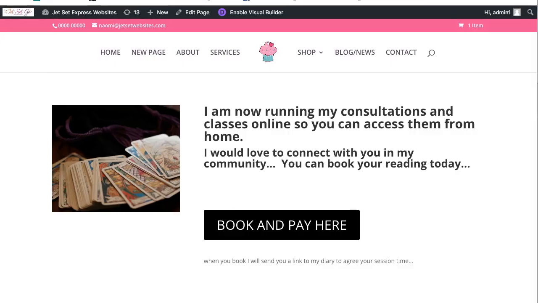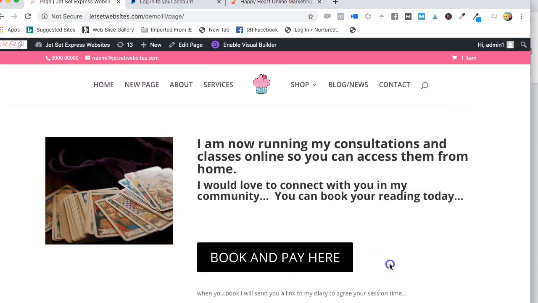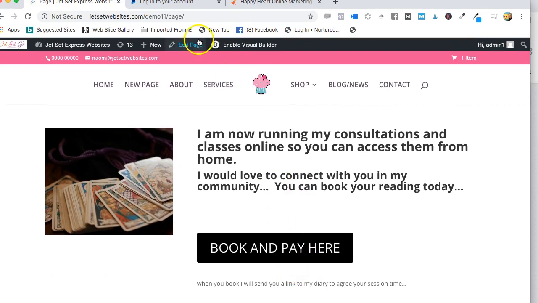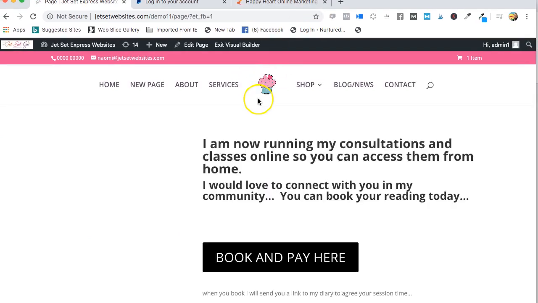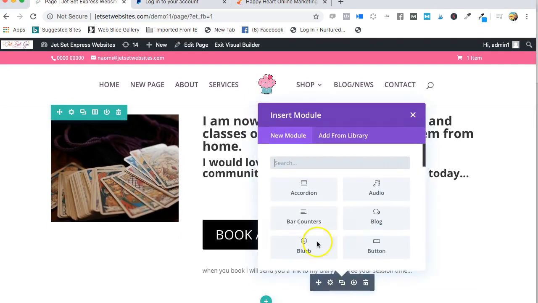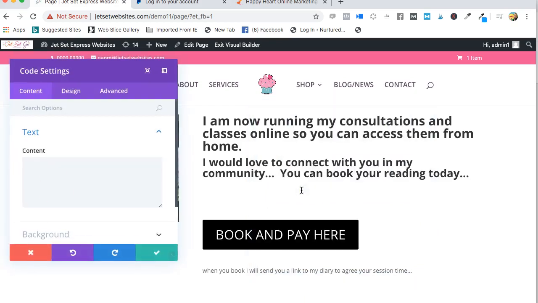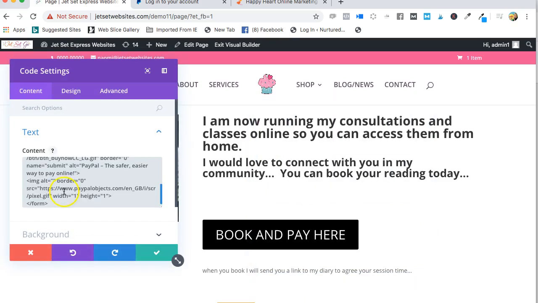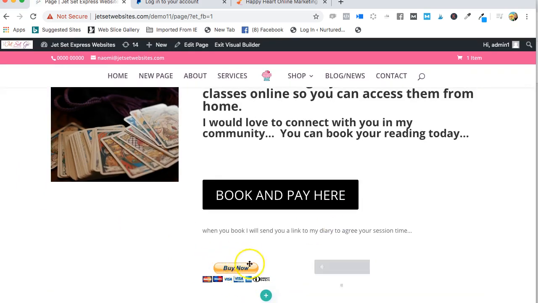You don't need to be able to put it in a code box. I'm going to for this one, but if you haven't got Divi, you don't need to do this. Let's go enable. You literally could just paste it into the code area of your website. So you could come in here, if you're using Divi, I recommend you put it in the code area, and you can just literally pop it in and tick the box, and you'll see this nice, well, I was going